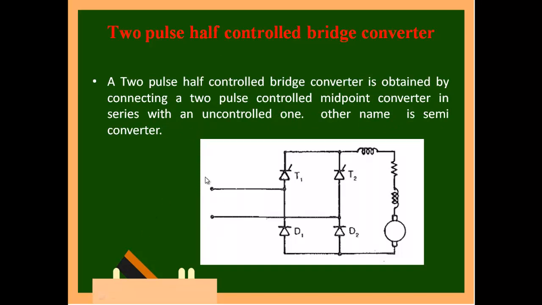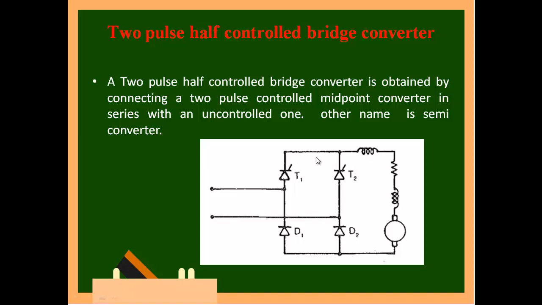The input, as I have told, is an AC supply. This AC supply I am giving to what is called a phase control rectifier, and this type of phase control rectifier is nothing but a 2-pulse half controlled. See here, there are 2 switches and 2 diodes. There is no need for any control for the diode. When the voltage is greater than the turn on voltage, automatically the diode will get turned on. When it goes below the anode cathode voltage, then automatically the diode will turn off. That is, the diode will conduct in forward bias and will not conduct in reverse bias condition. So these 2 are uncontrolled.